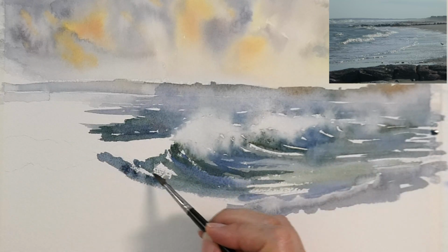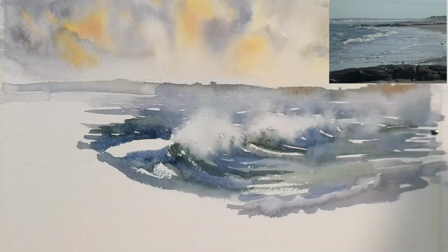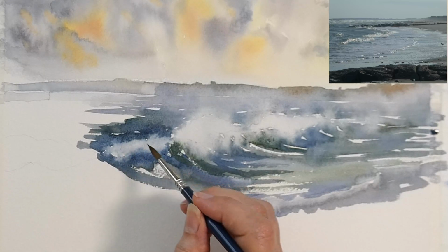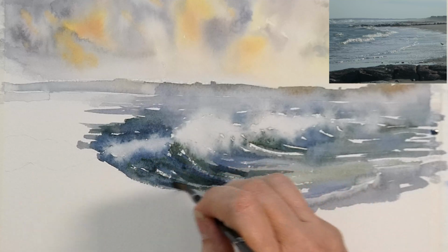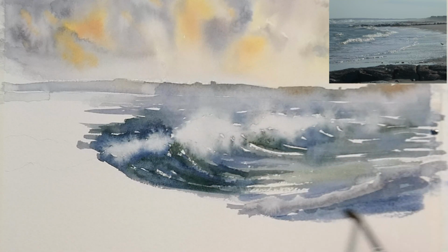So same approach, put the color on top and beneath where you want the wave to go. And really you need the area to be a little thinner than what you're imagining the wave to be because the water pushes the pigment out of the way. I'm also trying to get some variation in the size of the spray where it's not just the same size